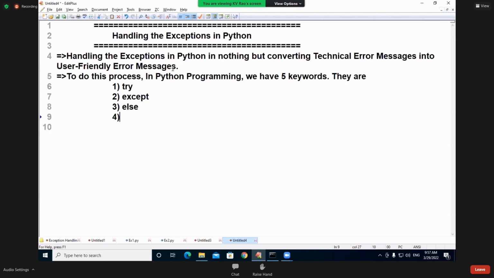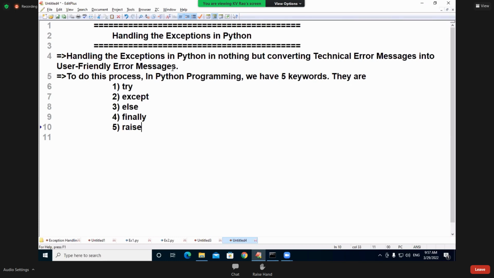And the fourth one is finally. And the fifth one is raise. How many keywords are there? 5. Just to spell out once: try, except, else, finally, raise. Simple. Once again, say the keywords: try, except, else,